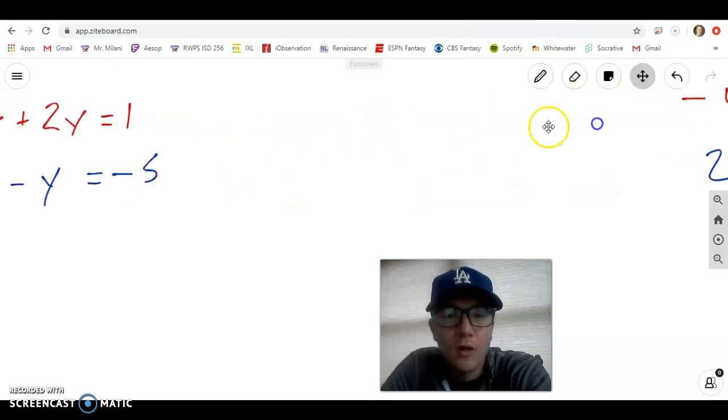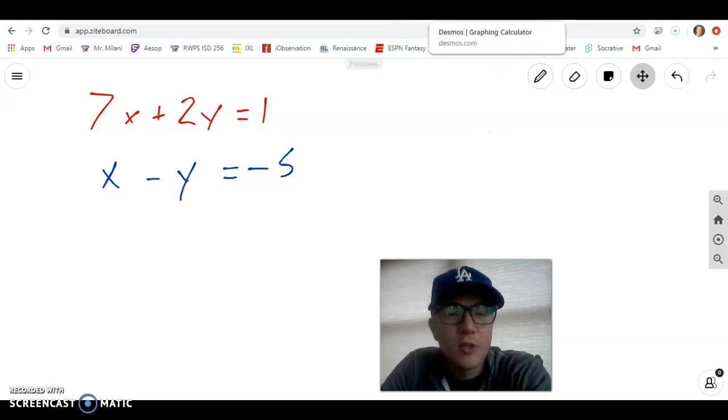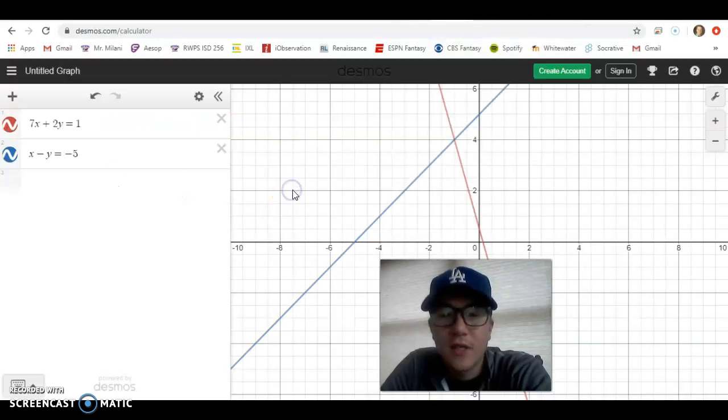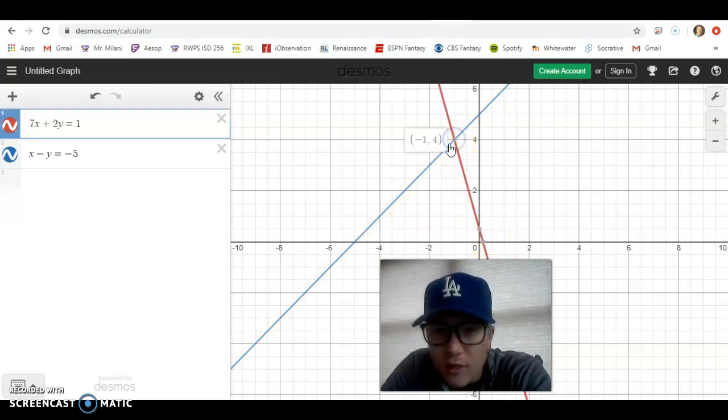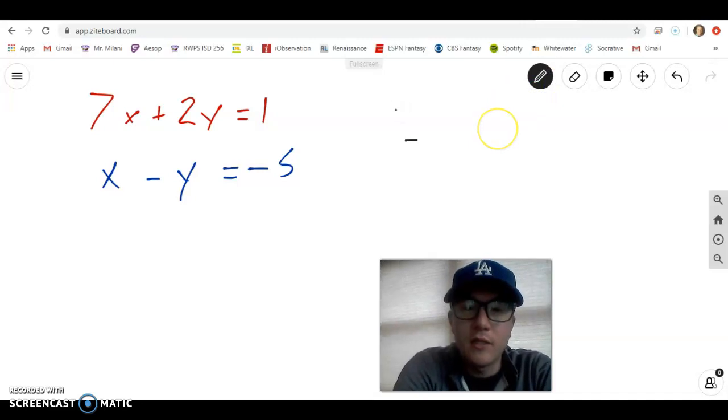One more. 7x plus 2y equals 1, and x minus y equals -5. I have another graph set up. Again, these two lines intersect somewhere. It's going to be right at this point, and that is the point -1, 4. That's the ordered pair, -1, 4. So the solution, again, is the ordered pair